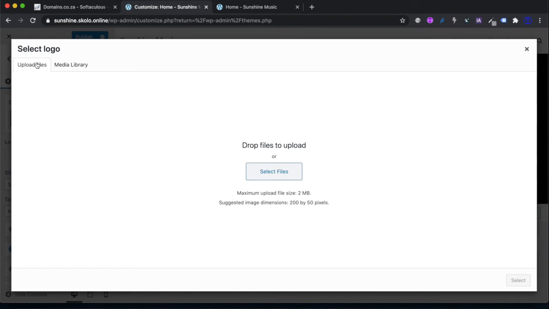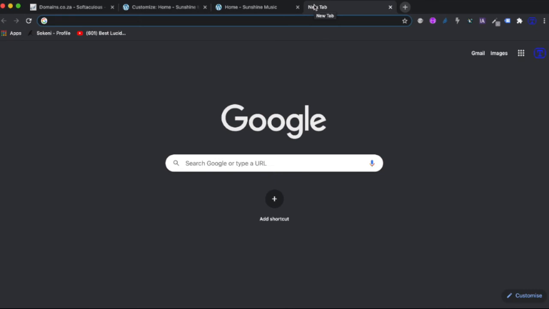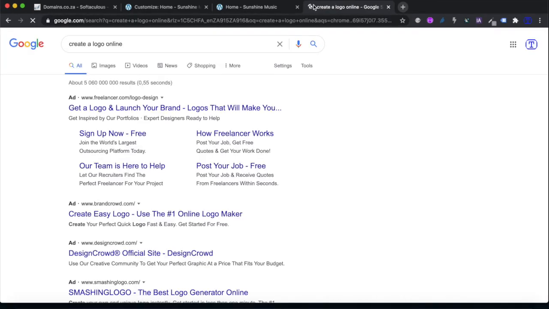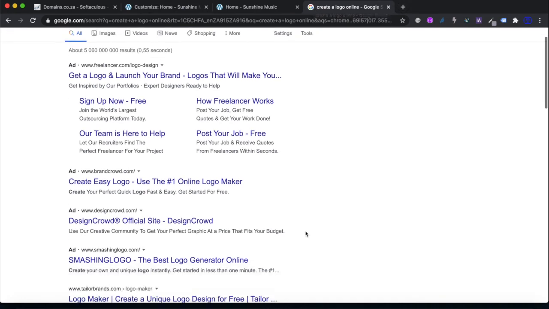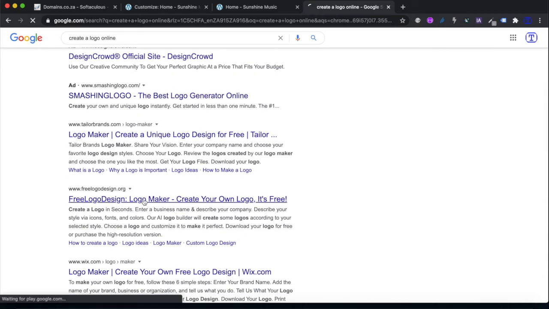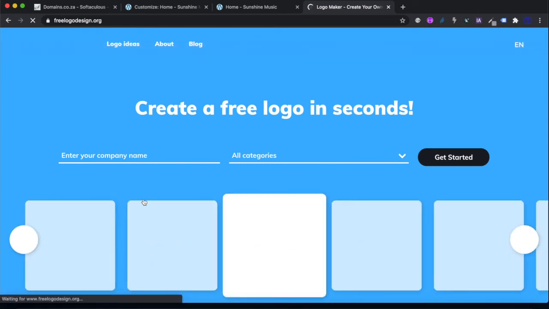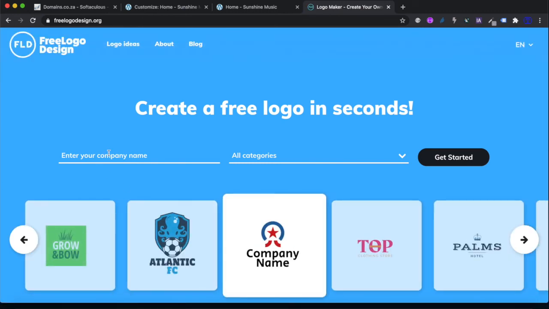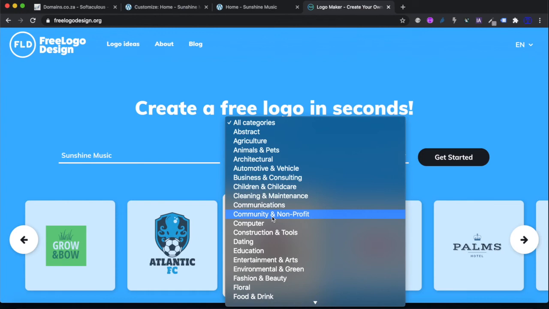So I don't have a logo. I'm going to try and create a logo online, how to get one quickly for free. All right, so let's have a look there. freelogodesign.org, logo maker. I think I've used this one before. Logo maker, create your own, and my company name is Sunshine. Sunshine in Music, and it is under